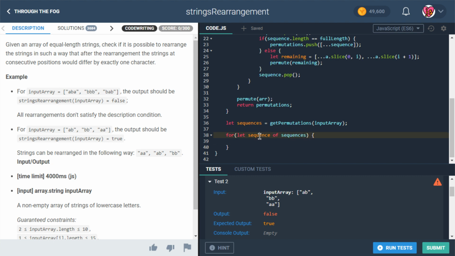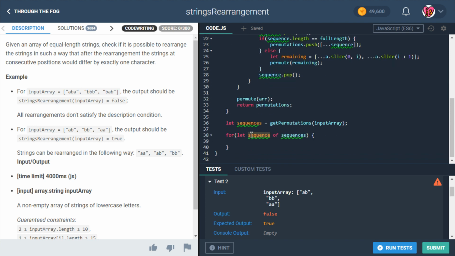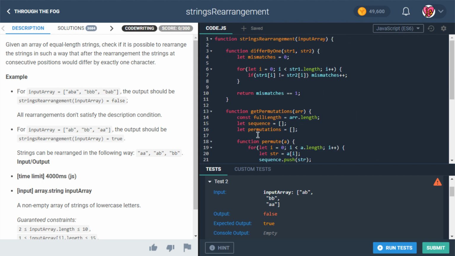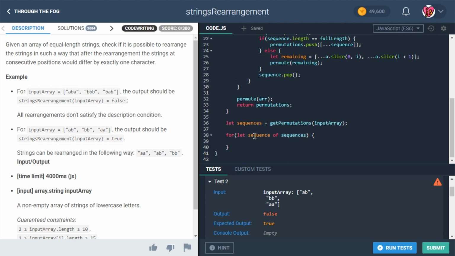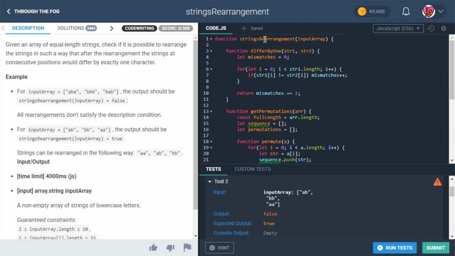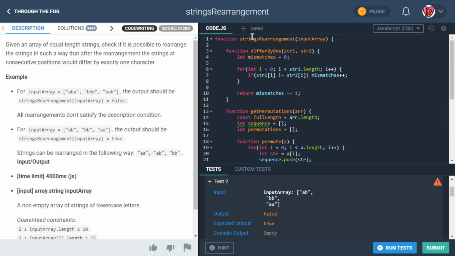The other thing I want to say is you might be looking at this and thinking, yeah, but use sequence up here. Isn't it going to be a problem that you're using the same name for your variable? And the answer is no, it's not going to be a problem for a couple reasons. Both of them have to do with scope. So regardless, this sequence was defined within the function get permutations. This sequence is being defined within the function stringsRearrangement. But furthermore, since I'm using a let instead of a var, that means that this is going to be block scoped. So in other words, the scope of